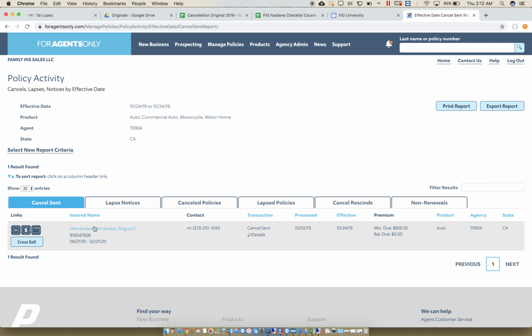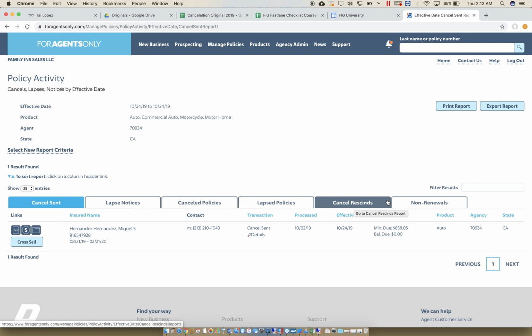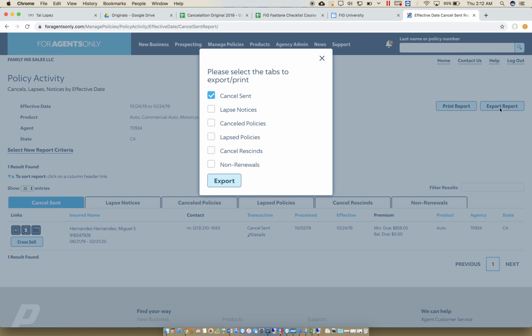Now, there's always going to be a list: cancel send, lapse notice, cancel policies, lapse policies, cancel resigned, non-renewals. So I'm going to show you exactly which ones you need to do. We're going to go to export report, and then it's going to allow you to select which one. To keep it basic, the cancel send and the cancel policies are going to be the same thing. So lapse notice is going to be the same as lapse policies. Okay, so it's easy. We're just going to go to cancel policies, lapse policies, which is technically the same thing,